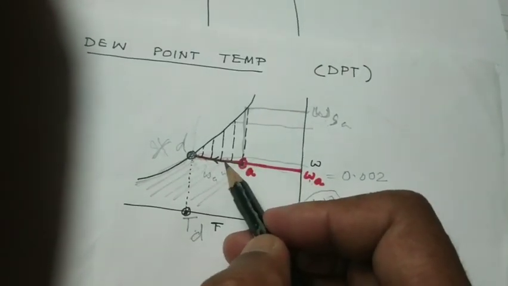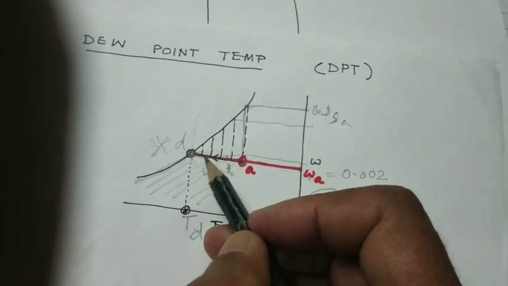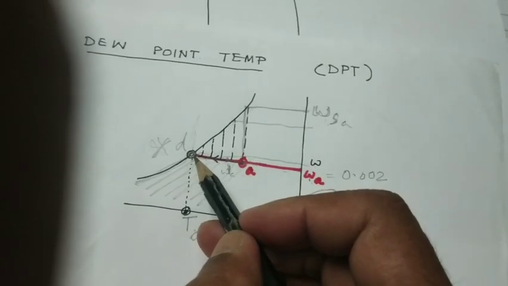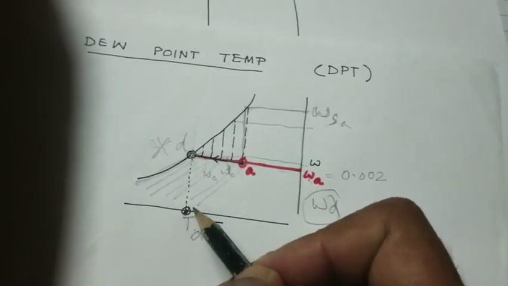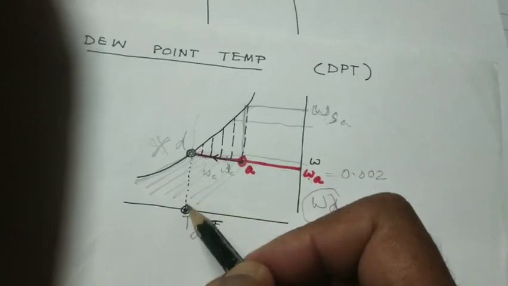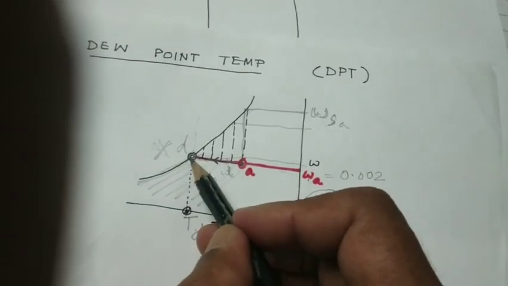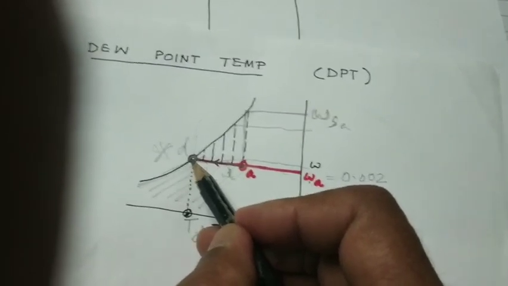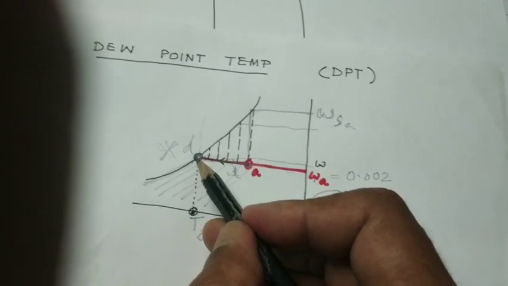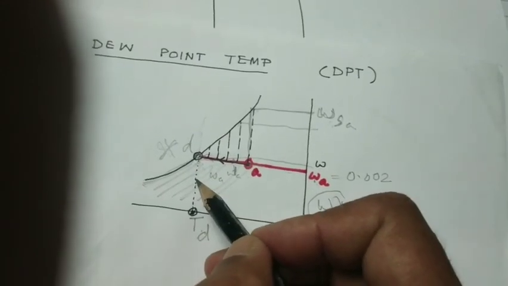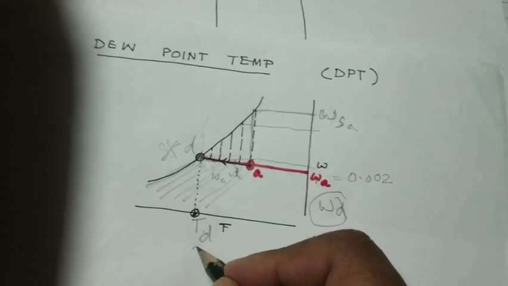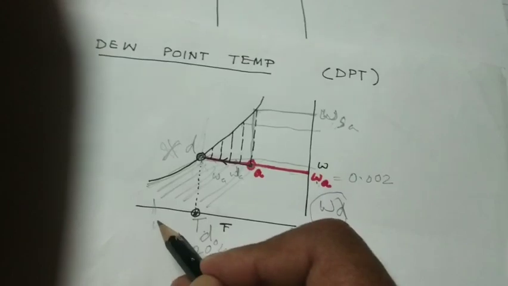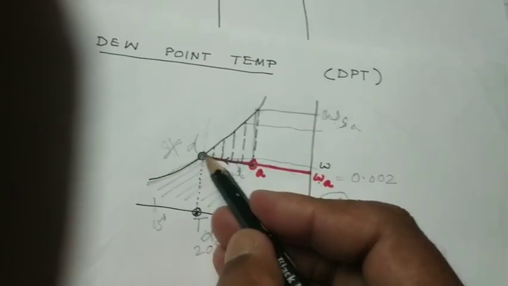So the air, when its temperature outside goes on decreasing in the night, then you can say, or I will confirm, that it leads to a temperature at which the humidity itself, omega A, becomes saturated value. Means now it cannot have further decrease in temperature. Now supposing the temperature still goes on decreasing at night, so supposing the temperature 20 degrees centigrade has come, now at night it wants to become 15 degrees centigrade. Then what will happen? The temperature has to go down.